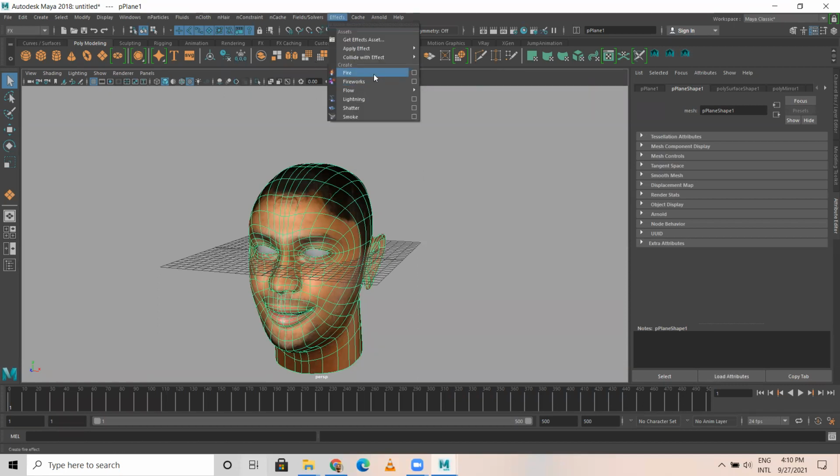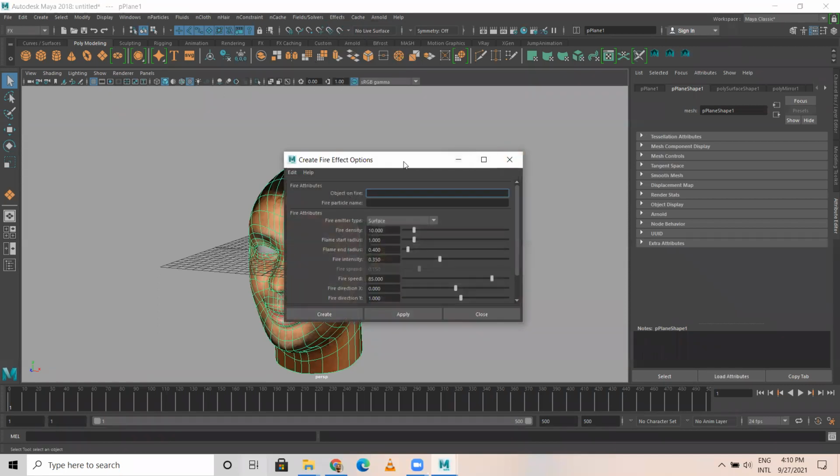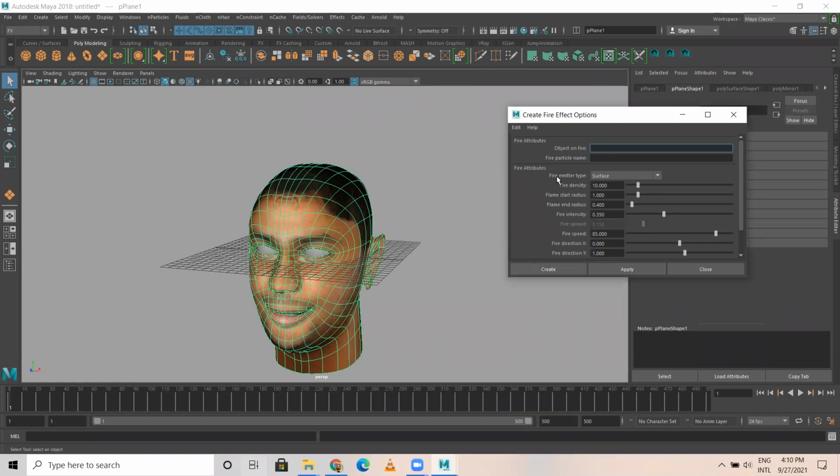Go to effects, and in the fire effect, go to options. There are multiple options, like the fire emitter, which should be on the surface, not on a curve or anything. Density, you can increase the density, meaning the thickness of it. Start radius is nothing but the particle size. In the beginning of the flame, what is the size, and in the end, what should the size be?